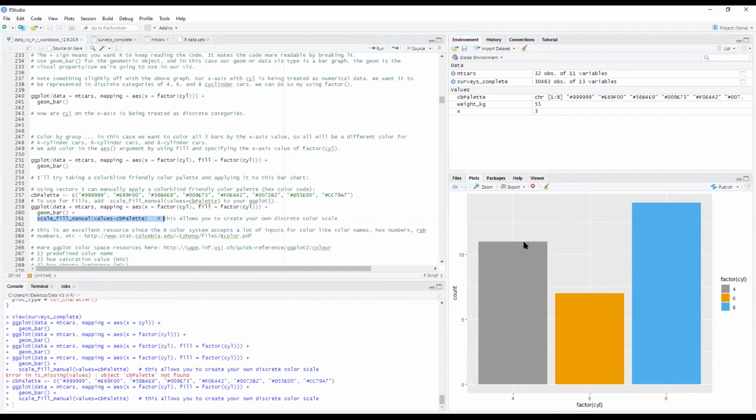And you can swap out different things, right? I can swap out this geom_bar with a different geom and keep the rest of it the same. And so this is one of the reasons why R and ggplot utilize this philosophy of components that you can swap out and change very easily.